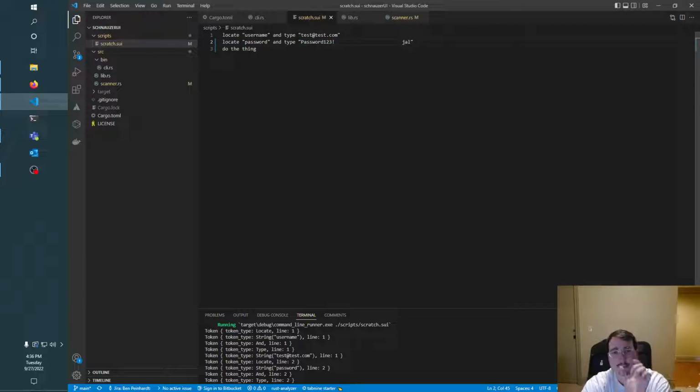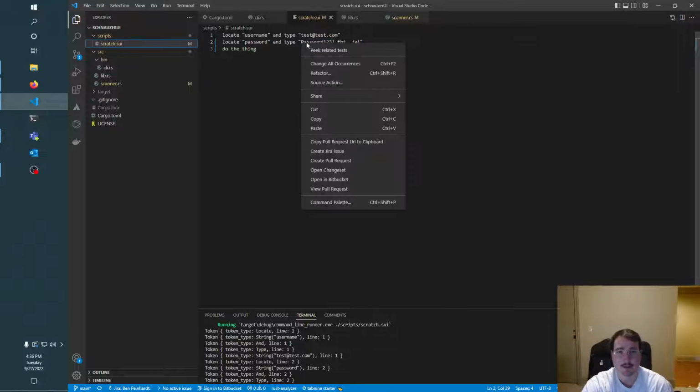It's going to pass this in two parts. Well, really in a ton of parts, but let's look at it like this. It's going to pass this password 123 with the quotation mark in front, and then it's going to pass this JAL with a quotation mark on the back. And there might be something in the middle, another word in here, like, I'll just add some random characters, and I'll make this 2 spaces. What we want to do is preserve the structure of that string. So when it gets something that starts with quotes,